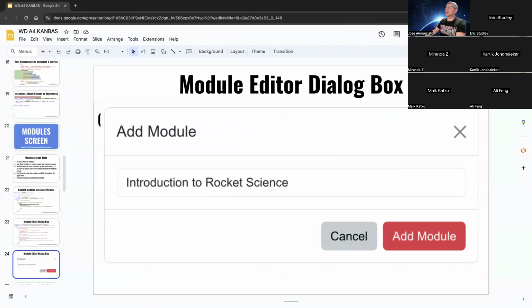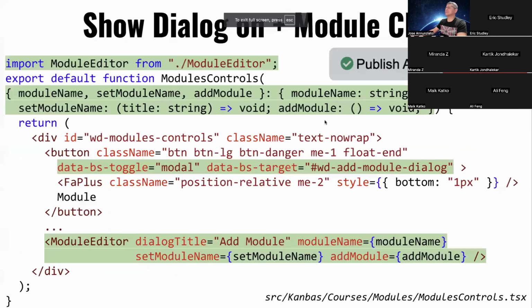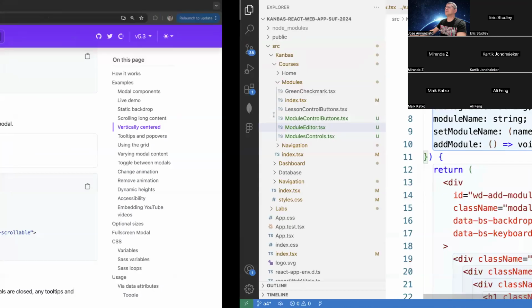and we want it to show up something like this. Here's add module. It'll pop up. You can type in the input field, click on add module, and it disappears. It allows us to add it. And so when do we show this? Where do we show this? So what we'll do is that we're going to add a